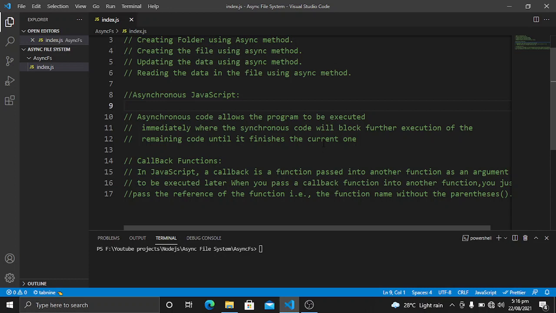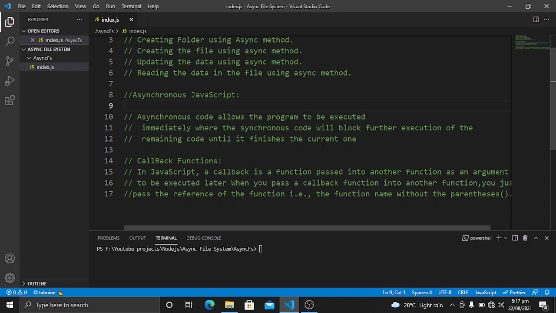So it means that if we give two programs to be implemented, the synchronous version will first complete the execution of the first program, and then it will move to execute the second code. Whereas with the asynchronous version, we have a benefit that both of these programs will be executed alongside, so we don't have to wait for one code to complete before the next one is executed.